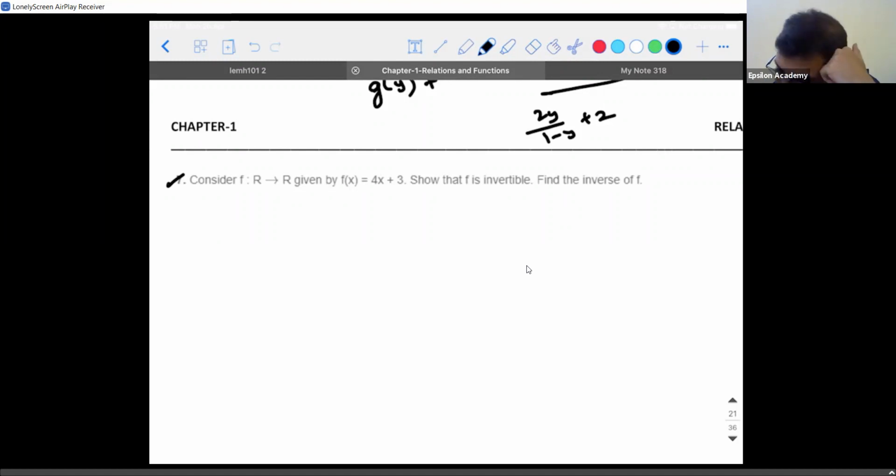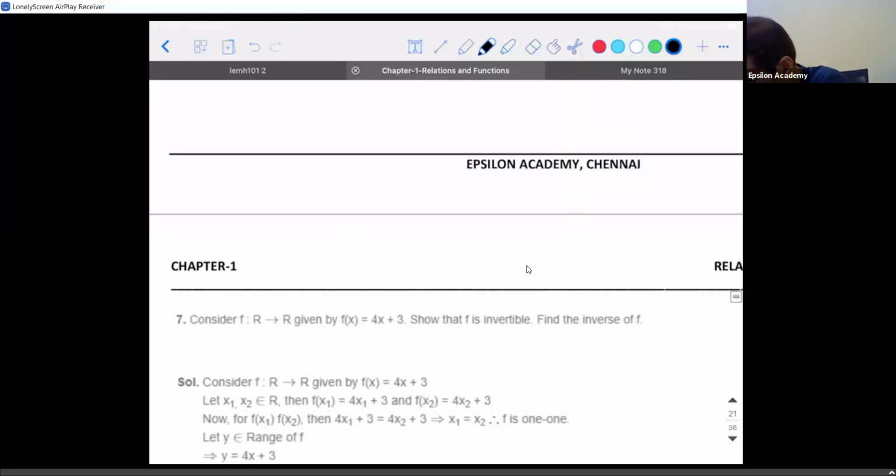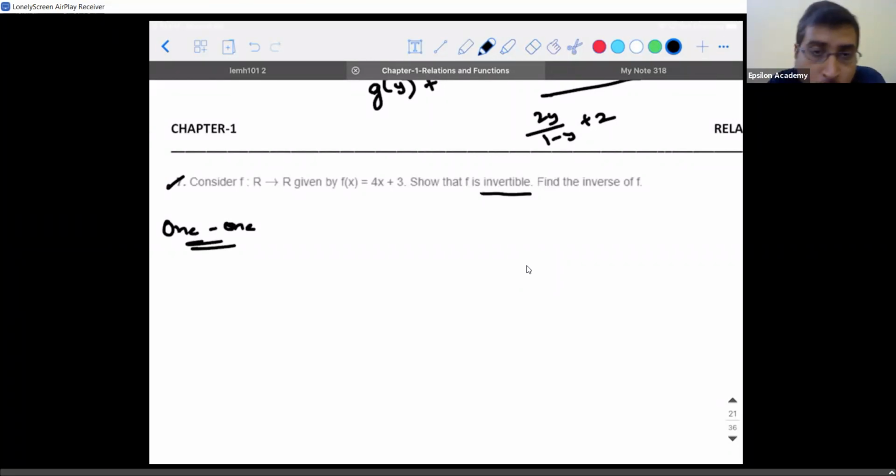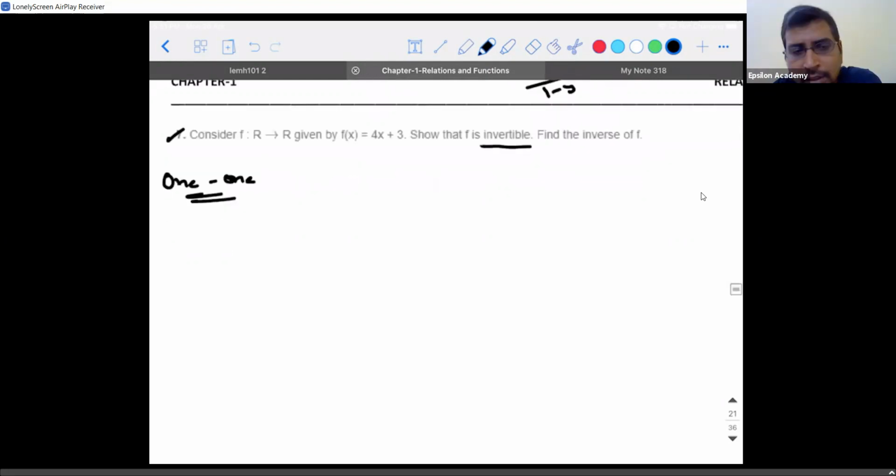So what do I do? Sir, I have a doubt here. When they say invertible, you can prove it is a one-to-one and onto function. So how do I prove it is a one-to-one function? Yeah, Rohan, tell me, what is it? Sir, my doubt is about invertible and inverse, the difference between them. Invertible means if you are able to prove that it's a one-to-one and onto function, yes, you can say it's invertible.